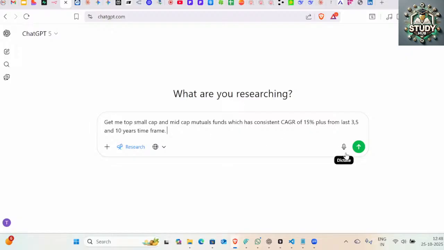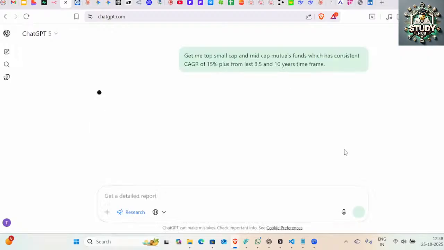Any complex query you give, it will create a plan for you, then do the research and get back with results. It can take maybe 10-20 minutes.